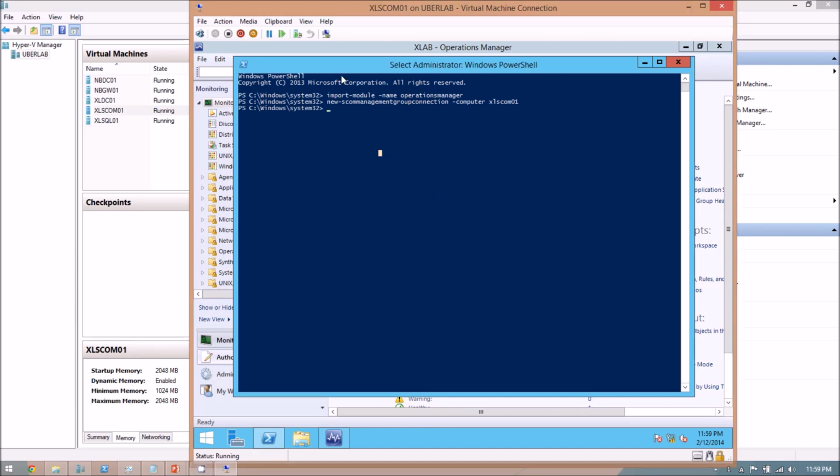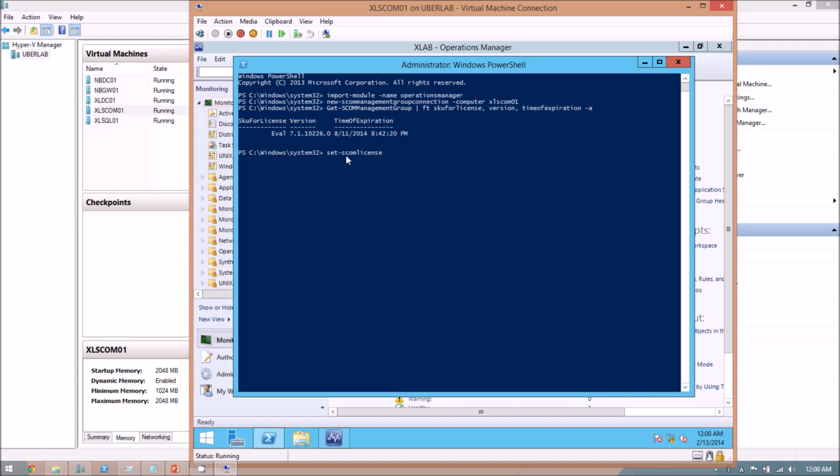So now that we are connected to the management group, we can run this command, Get-SCOMManagementGroup | FT and then these options here, which should get us the current status of our license, which shows that we are currently running eval. That's the version of SCOM, and this is our expiration. You can see I've got a little less than a month before it expires on me, so that's no good. So the command we're going to be using is Set-SCOMLicense,